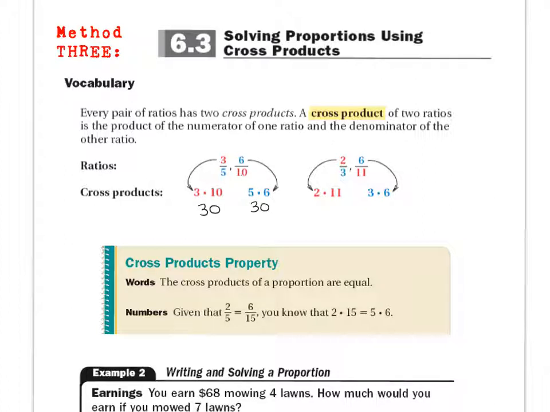In the second set of ratios, the cross products would be 2 times 11, which is 22, and then 3 times 6, which is 18. Now you'll notice that in one of these examples the cross products are equivalent and in the other one they're not. And that leads us to the cross products property, which says that in a proportion the cross products are